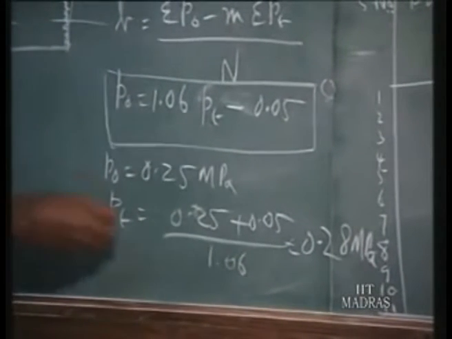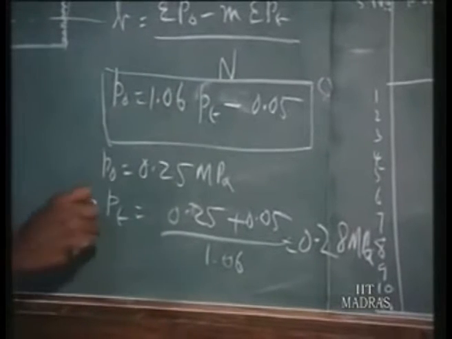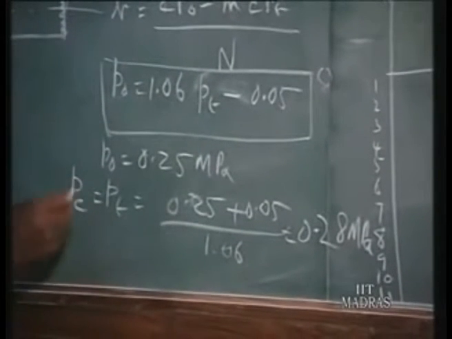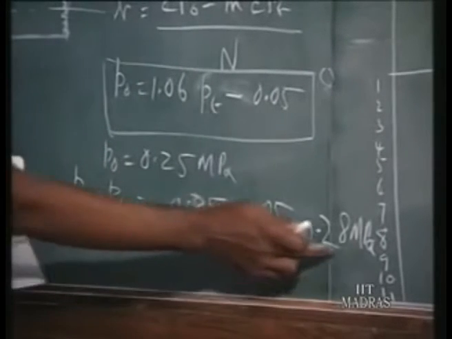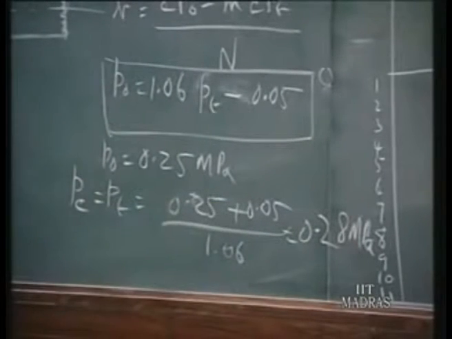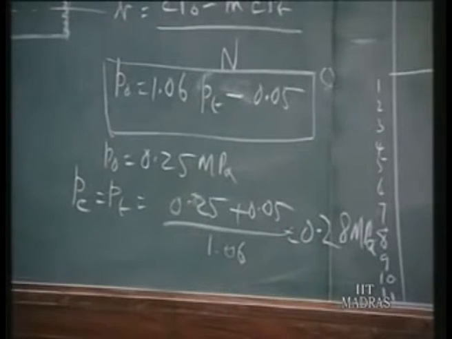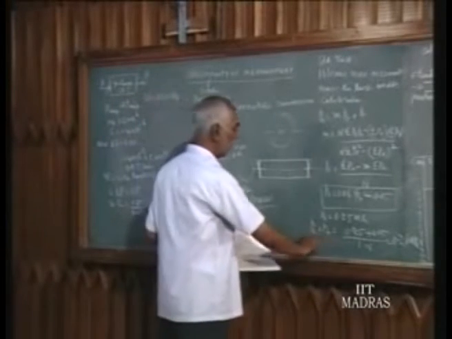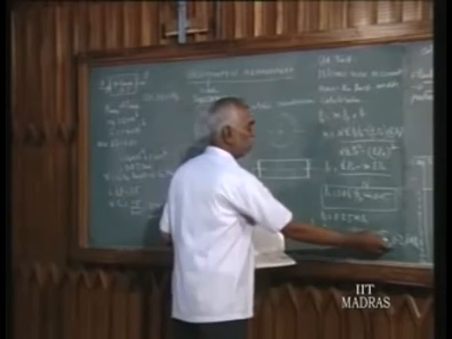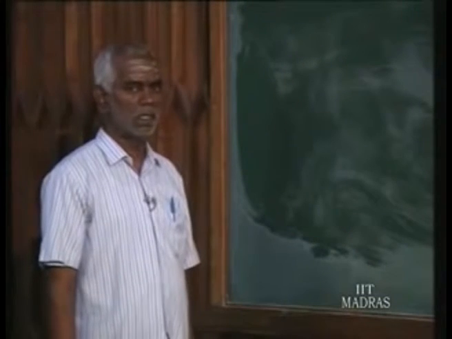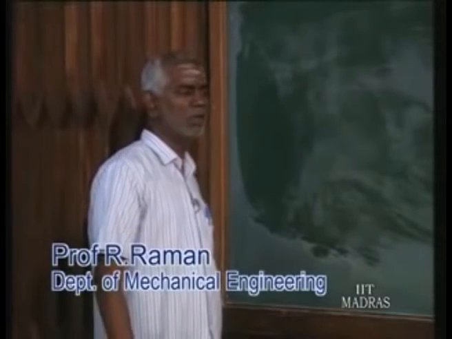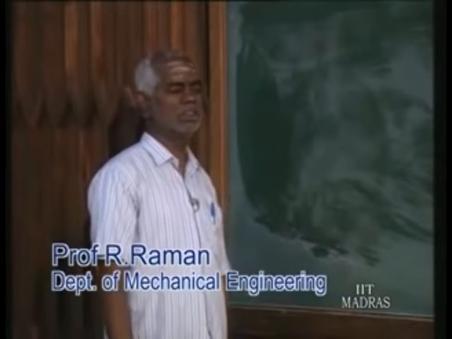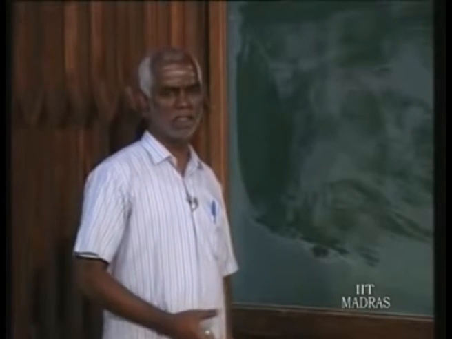So by using this equation, we calculate Pt, which we will name again Pc, the corrected value. For P0 the corrected value will be 0.28 megapascal. Now the next step is we have to find out the error limit for this reading. Having found the corresponding corrected value, we have to find out the error zone within which the instrument gives a reading.